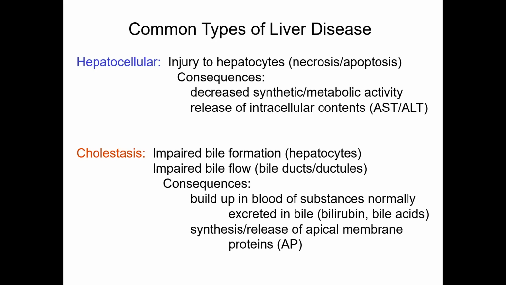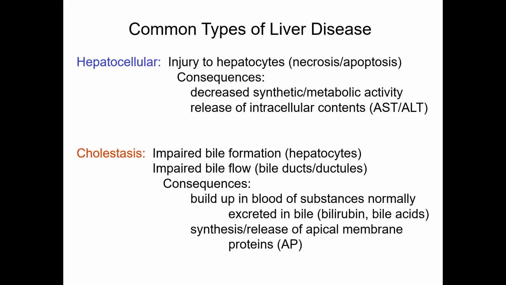The consequences of either impairment of bile formation or obstruction in bile flow will lead to the buildup in the blood of substances that are normally excreted in the bile. For example, what will accumulate will be your bilirubin and your bile acids because they are not excreted in the bile